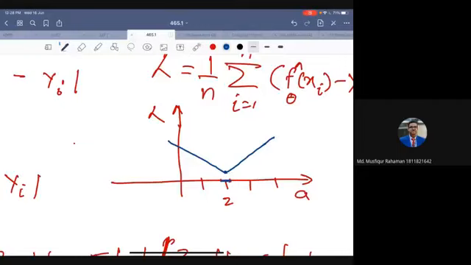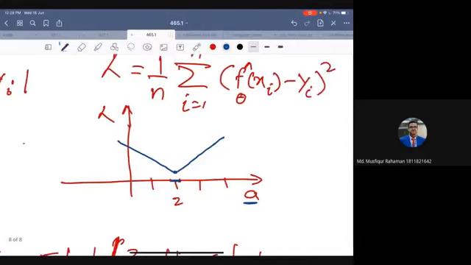So my mean absolute error, when I'm plotting it against the parameter A, looks something like this. We're happy so far? Yes, sir. And if I plot it against the parameter B, it would also have a similar presentation. Maybe point টা হয়তো shift হবে, minimum point টা হয়তো 0 কাছাকাছি হবে, কিন্তু এরকম কিছু একটা হবে স্যার।